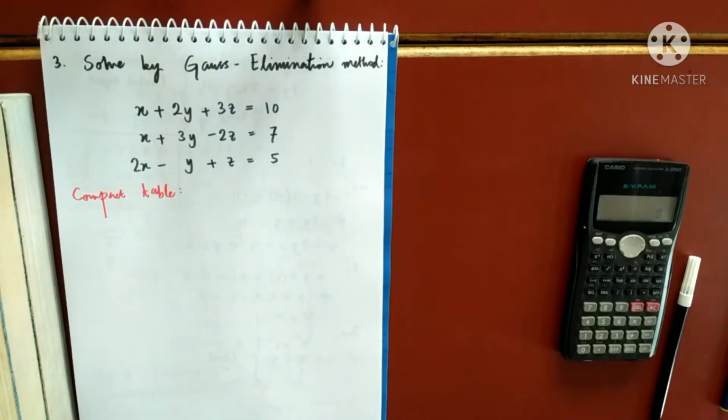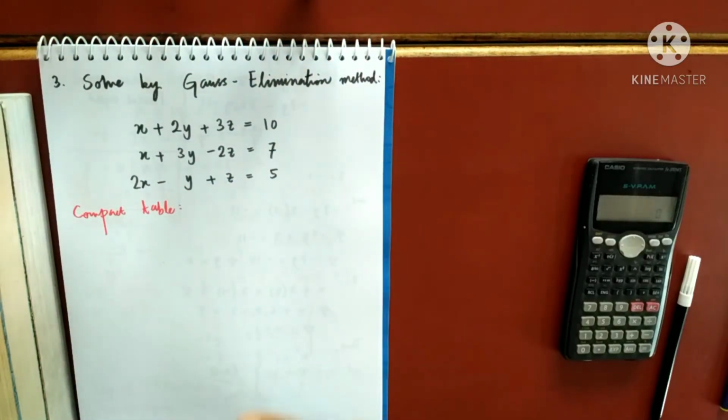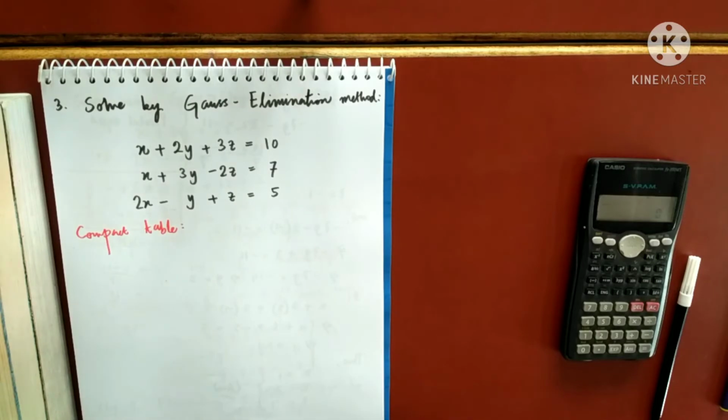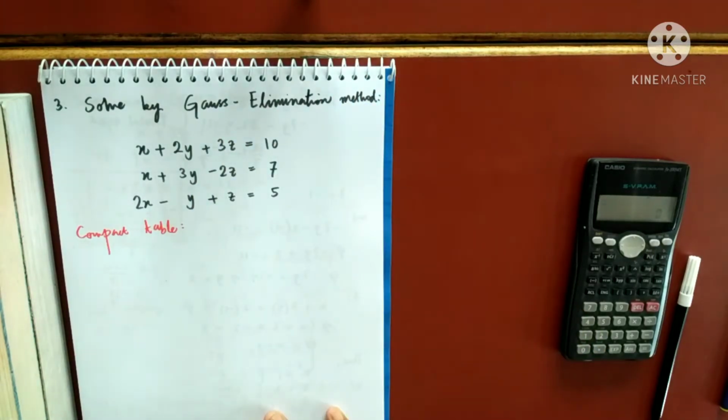See, the choice is yours. If you don't like this method, you can do it by the method which I taught you in the last class. So I am teaching you both ways to use Gauss elimination method. The choice is completely yours. Which one do you want to use? This is basically doing the same thing. The process will not change, but we are doing the same thing in a more compact form.